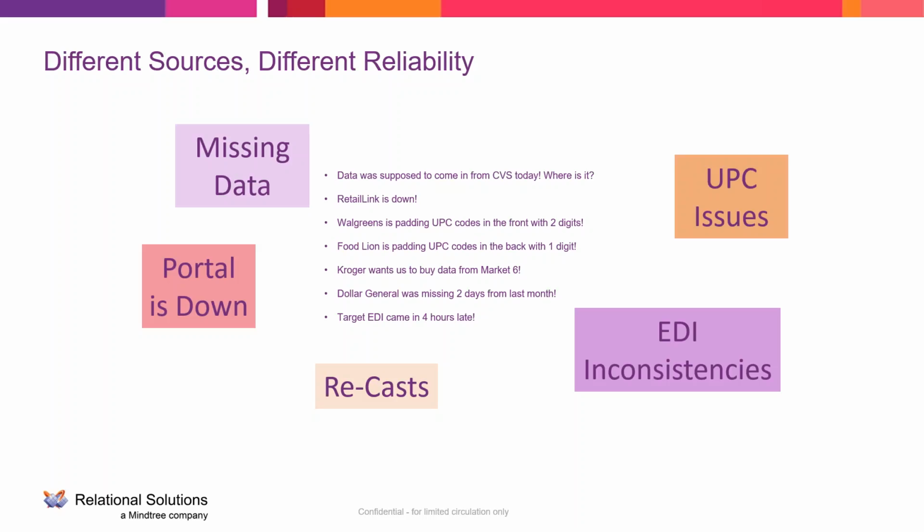And how do you deal with the fact that some retailers will pad UPCs on the front end or the back end with different numbers of digits, or they might strip them out altogether? That all has to manually be corrected if there's not an enterprise architecture to handle those common data issues. And then, of course, there's EDI inconsistencies. So EDI data that you get from one retailer, which is supposed to be standardized across all retailers, is never exactly the same. Although it's supposed to be standardized, everybody that works with EDI knows it's not. So it's not easy to deal with EDI. It's not easy to parse those EDI files and then make sense of them compared with other EDI files. Again, it all has to be done manually.